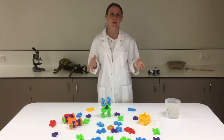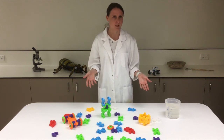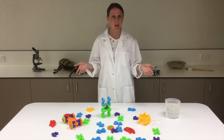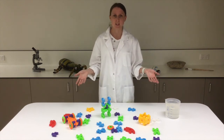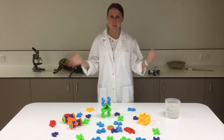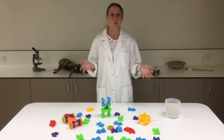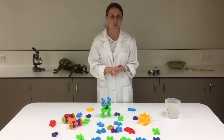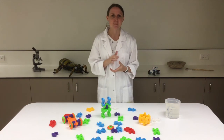And you're going to tell them why you think those materials were used to make those toys. If you were making that toy, why would you have picked that material? Or maybe you'd have picked a different material that you think might be better. Because it's a big decision when people are making toys for people to play with as to what material they are going to use. Please make sure you're completing this activity, and as I said, make sure you keep that